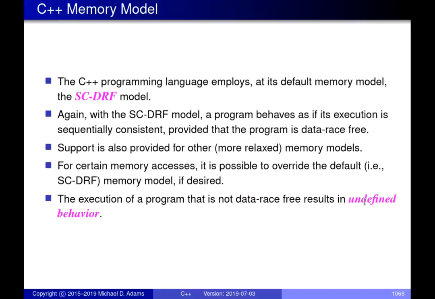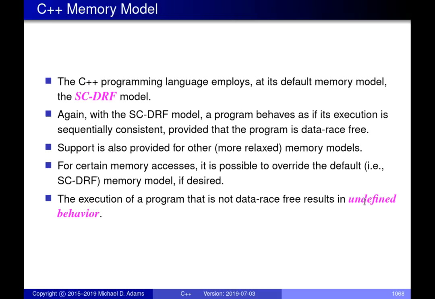I guess I've already covered part of this slide. Again, C++ uses, as the default memory model, sequential consistency for data race-free programs. Because of this, in C++, thou shalt not write data races in your code. If you do, it's undefined behavior, because as soon as the machine is not behaving in a sequentially consistent manner, you really don't know what your code's going to do. This memory model says as long as there are no data races, you can reason about your code as if it's being run by a sequentially consistent machine. But if you inject a data race into your code, typically you don't do it deliberately, it's by accident, you have a bug in your code.